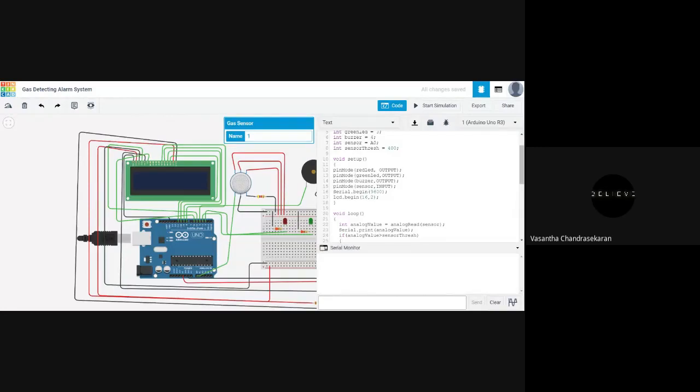Basically, there is a comparator inside every gas sensor, which is used for specifying the threshold of the concentration of gases. So whenever the amount of concentration detected by the sensor exceeds this 400, there is an alert message which will be displayed. So that is what I've tried to implement here.